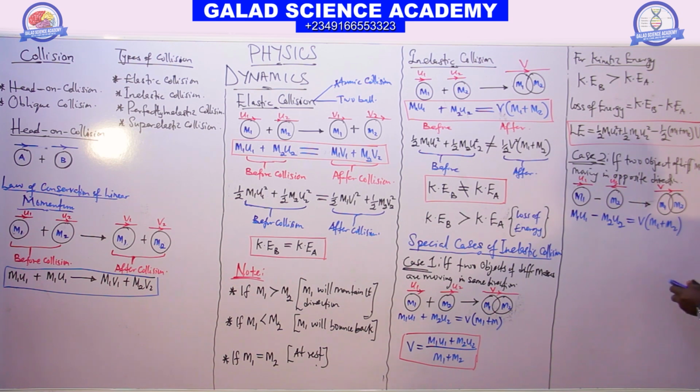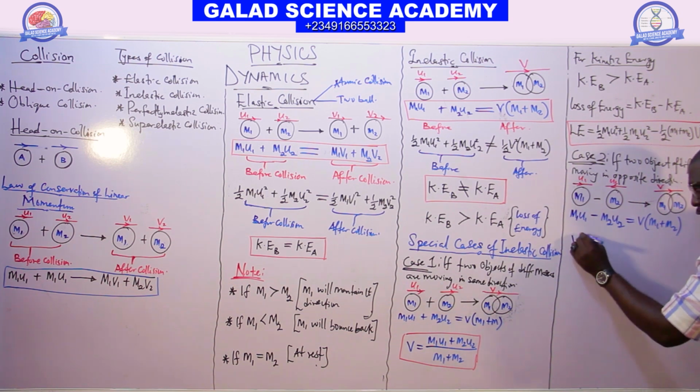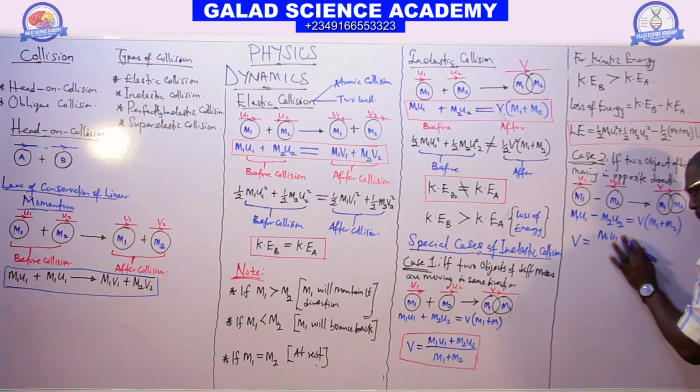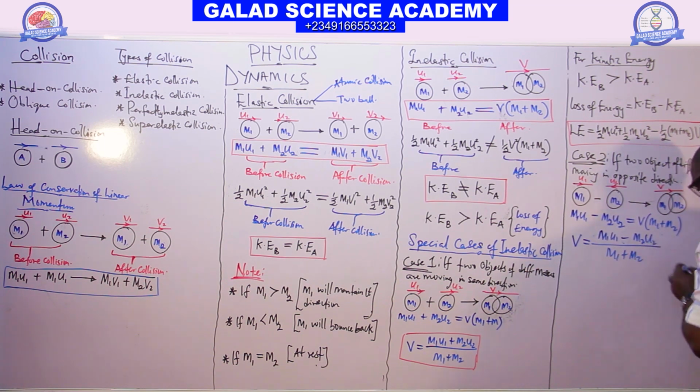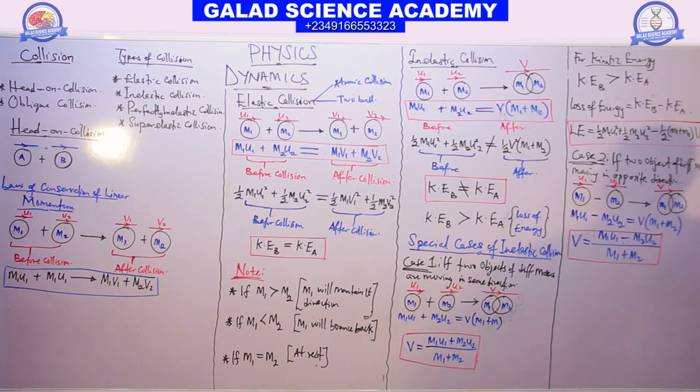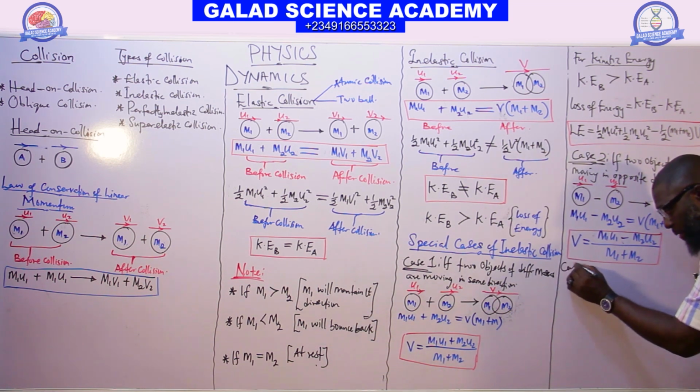So the velocity here will be what? V will be equal to M1 U1 minus M2 U2, everything over M1 plus M2. This is the common velocity if two bodies are moving in the opposite direction. The last case now, which is case 3,